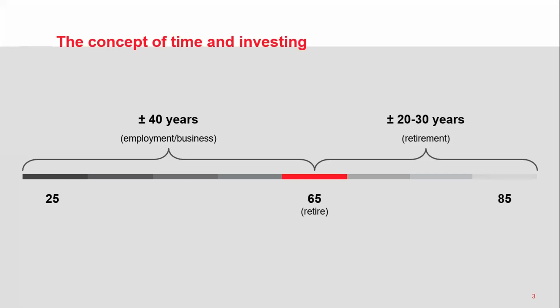Just before, I know I spoke about this in my first presentation, but just to reiterate, generally we're working for a period of 40 years, and these are years that we assume to be saving a portion of our salary or income every month. And we generally start at age 25, and we plan to retire by age 65, which makes up the 40 years. And the income that we save for retirement is meant to last us generally between 20 to 30 years during retirement. And this is the thinking behind most of the concepts that are discussed in the presentation.